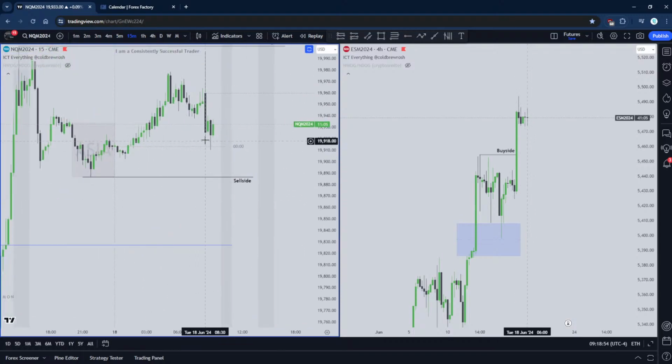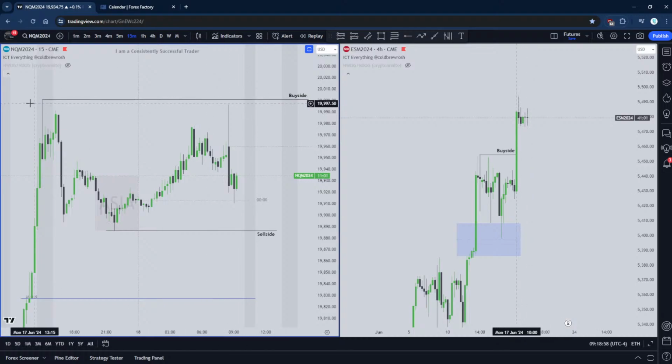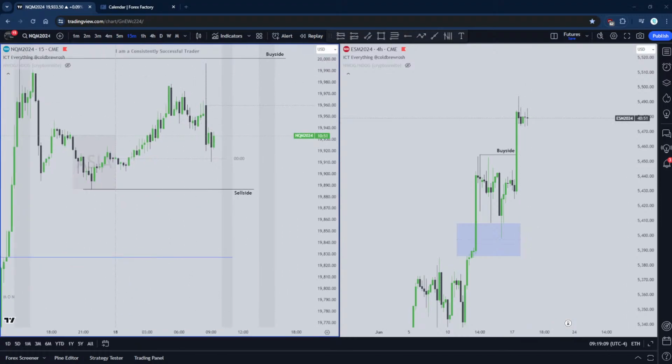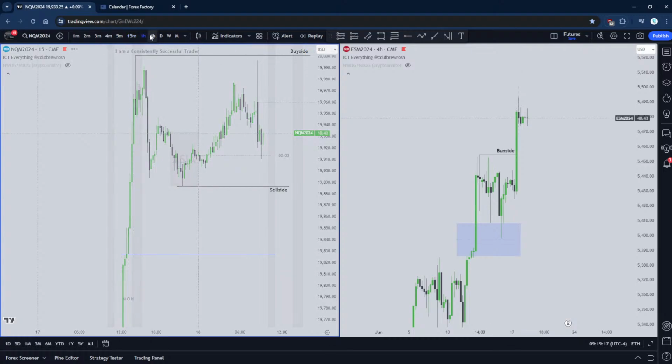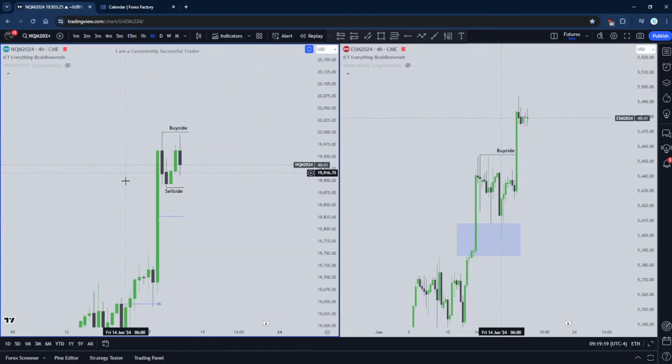Or is that to build up a sort of accumulation or liquidity for a, what would you call it, potential sweep later? Because we are in these 4 hour fair value gaps, and these 4 hour fair value gaps